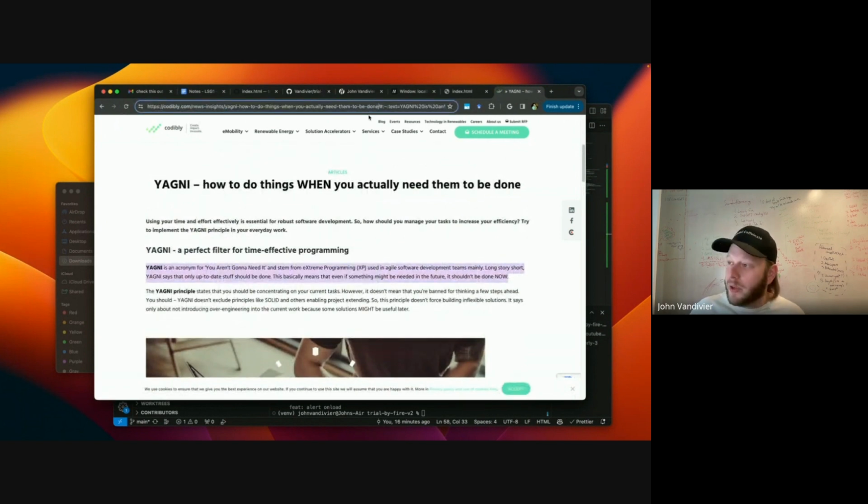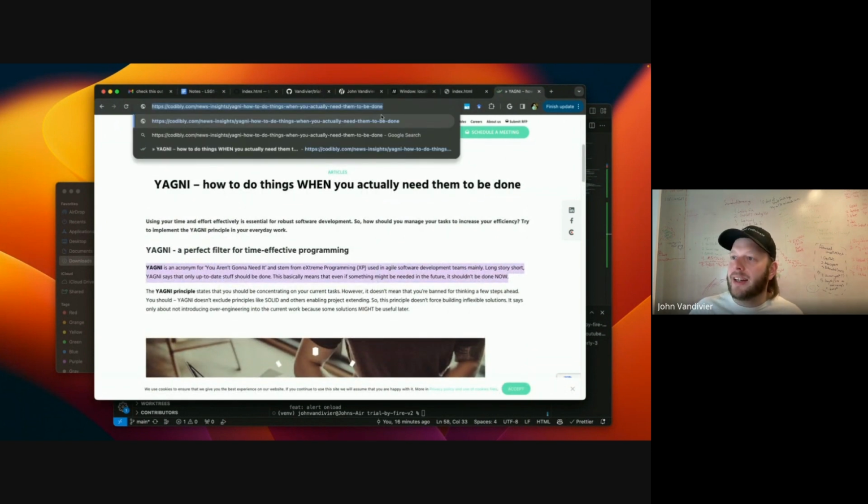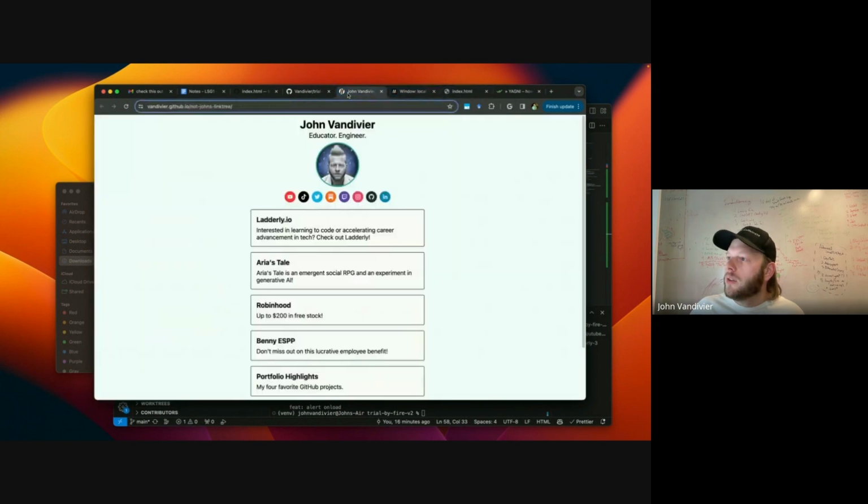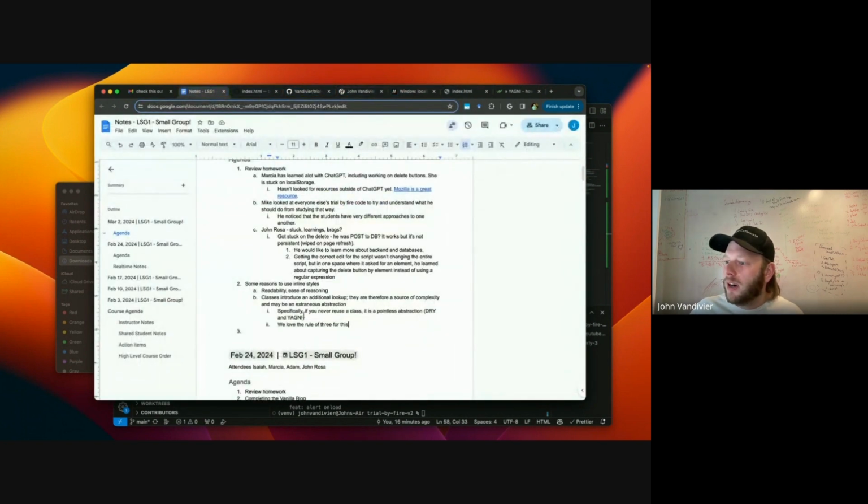One architectural principle is called YAGNI. You ain't gonna need it. Some mid-level developers get so used to creating objects that it's muscle memory. They just make an object. We need to push back on that if we're going to be better than a mediocre developer, and say, only make it when it makes sense. That's the idea of YAGNI: you ain't going to need it. Don't do it if you don't need to.